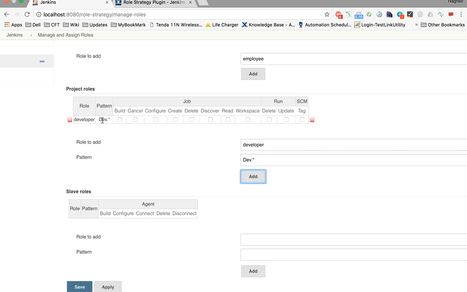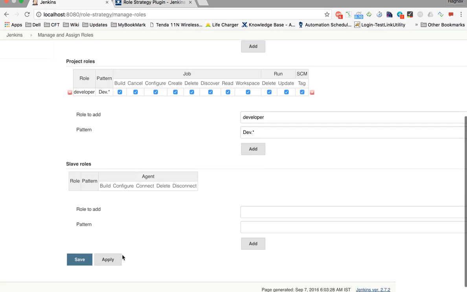What this means is a person having a role as developer should be able to access the projects which have names starting like dev. So dev.star means starting with dev and anything after that. I am giving him all the permissions on these types of projects, and he should not be able to view or use any other project. Let us apply this.